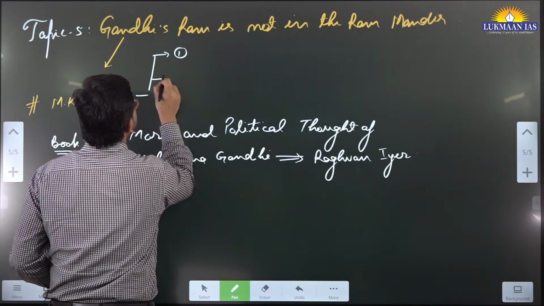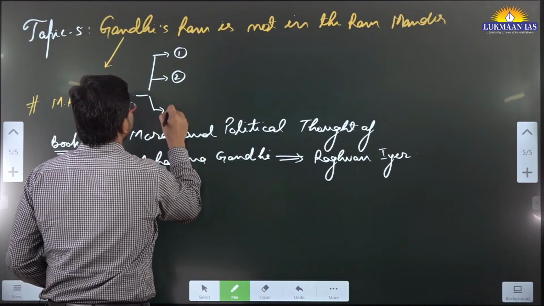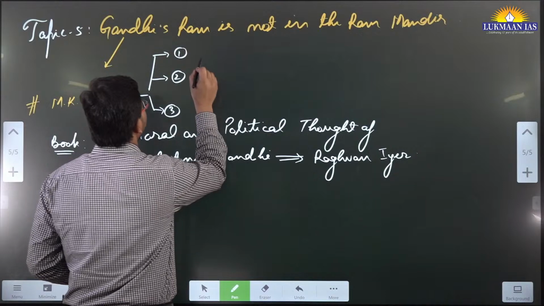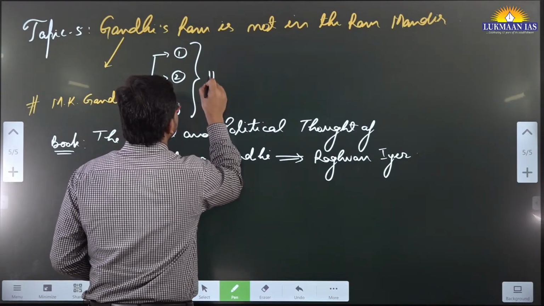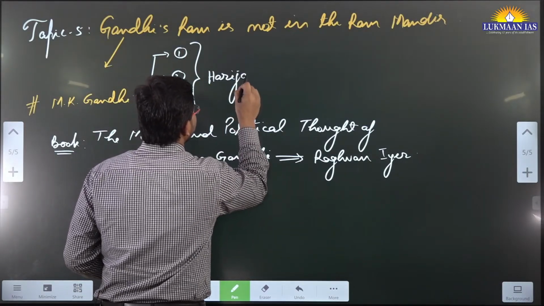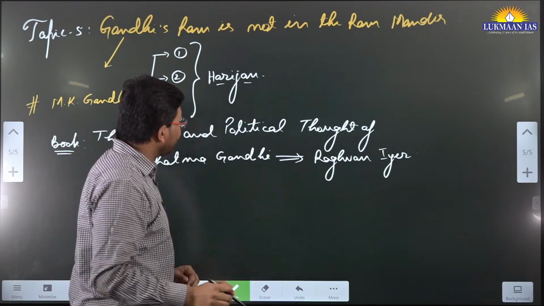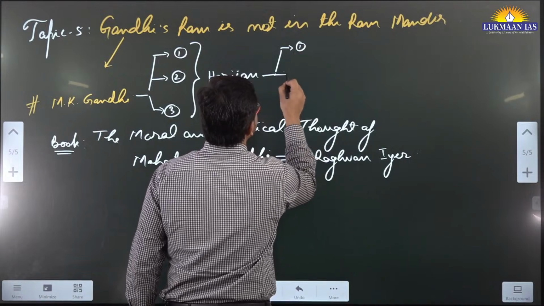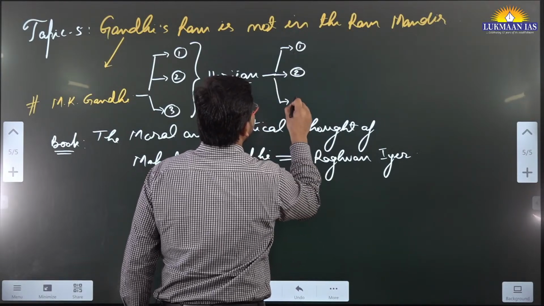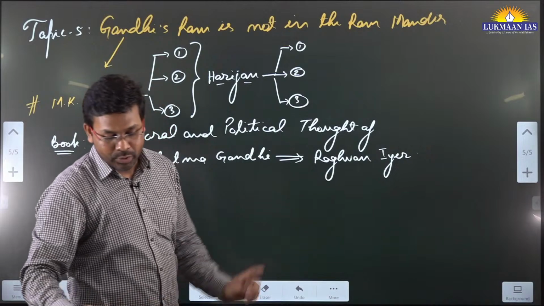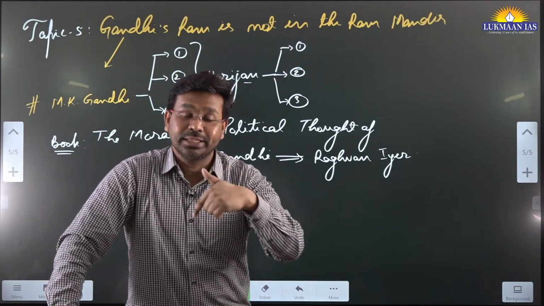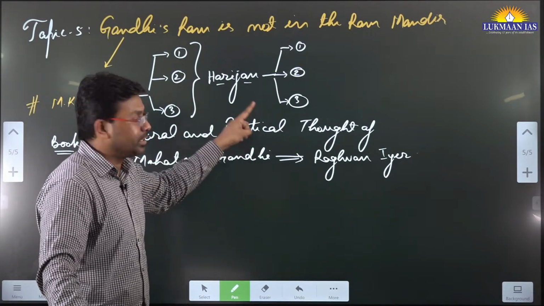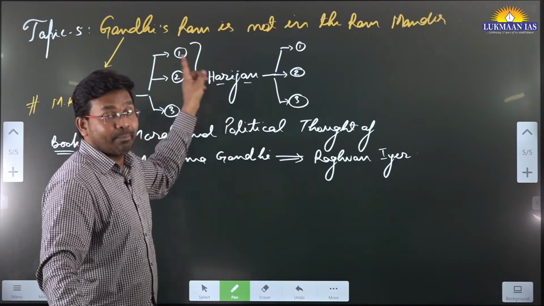And here, to understand why Ram for Gandhi does not reside in Ram Mandir, we need to look into a write-up by Mahatma Gandhi in Harijan. Harijan was a periodical that Mahatma Gandhi wrote. In that Harijan, he answered 3 questions by a follower of Gandhi. These 3 questions were answered in the periodical by Mahatma Gandhi.